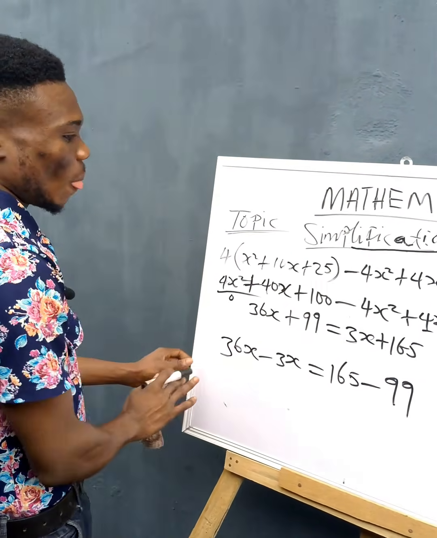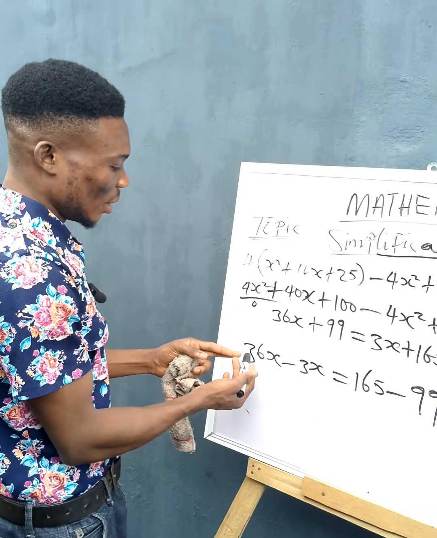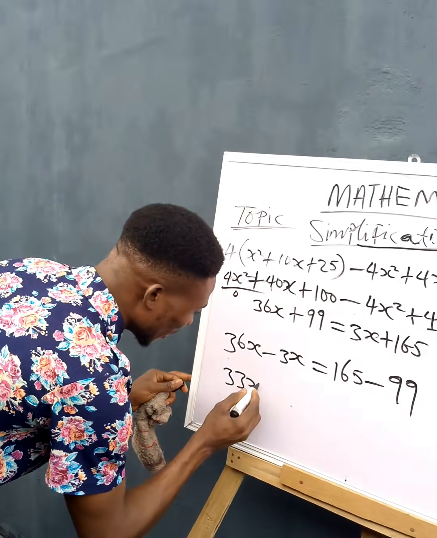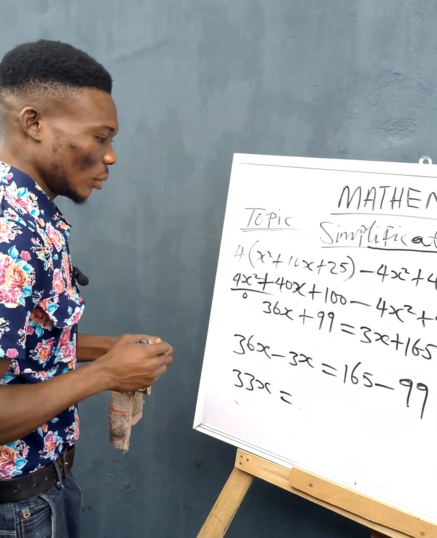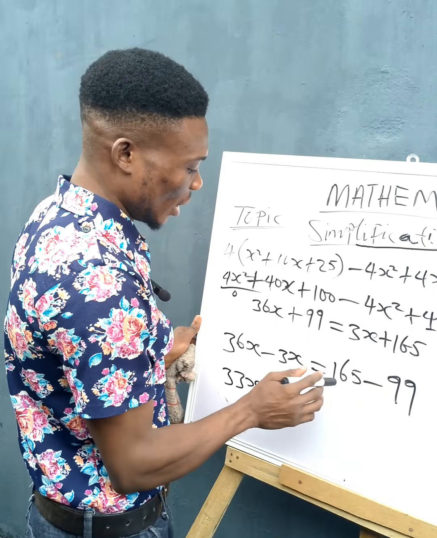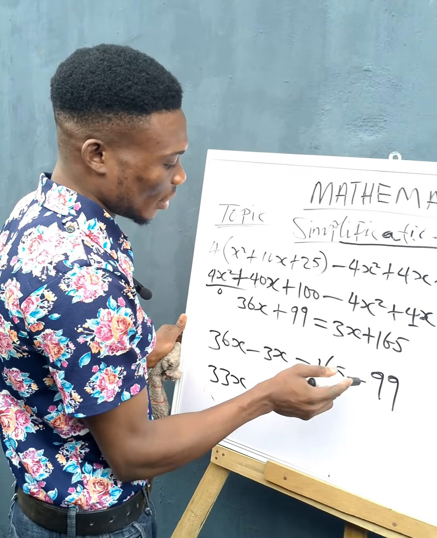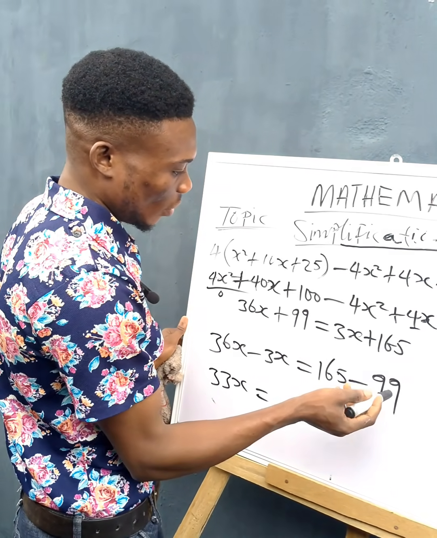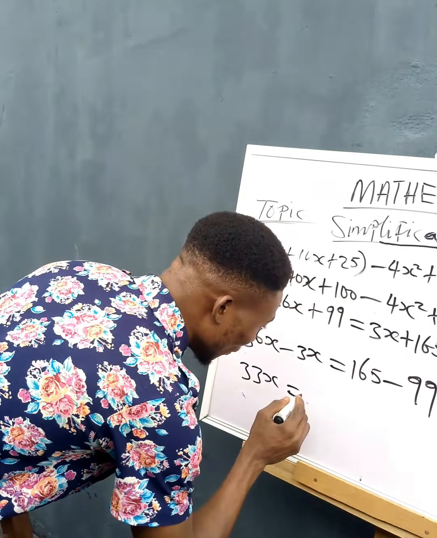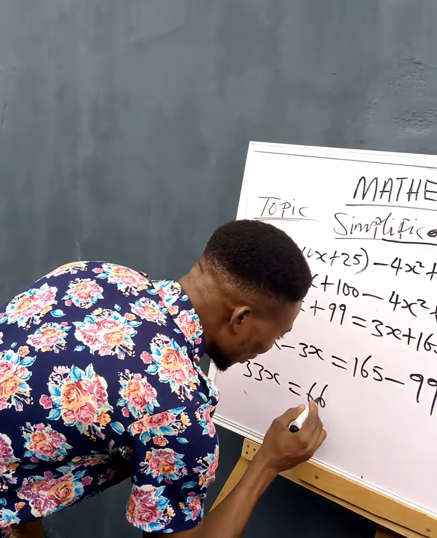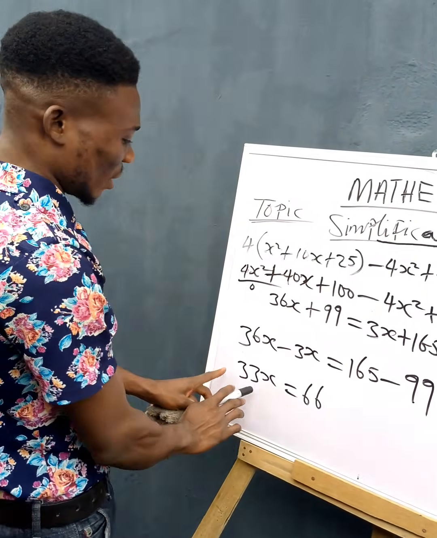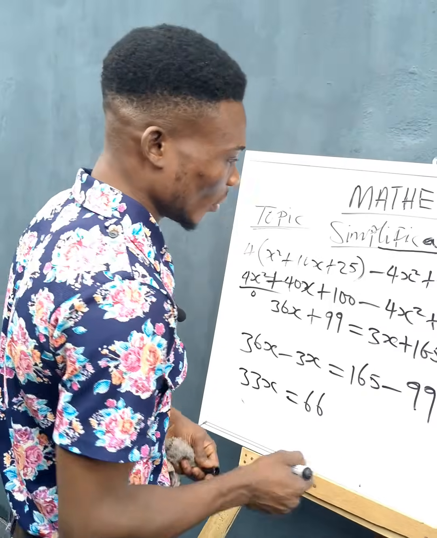So in this case, we are having 36x minus 3x will give you 33x equals to 165 minus 99. You have 66. So now to get your x, because they said you should get your x, now what you have to do is